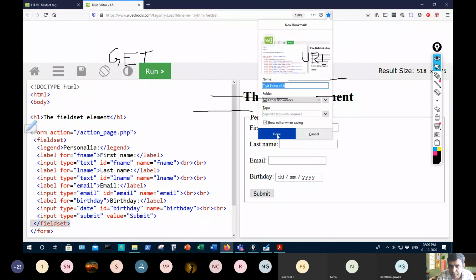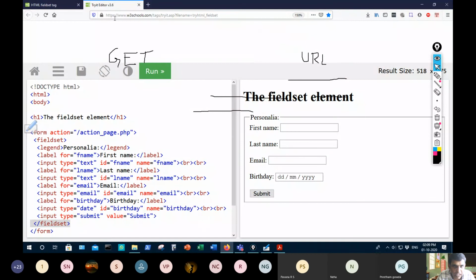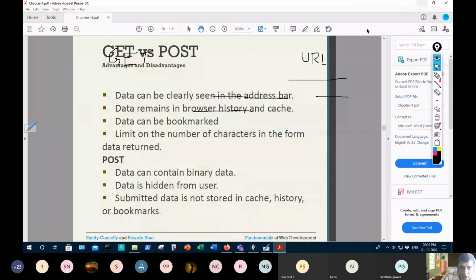When I bookmark this page, the URL itself contains many fields, not only W3Schools, it says tryit.asp, filename equals tryhtml_fieldset. So all this information, which is query string information, will be saved in the browser history. In the bookmark, this information will be there. That is the point you people should understand.